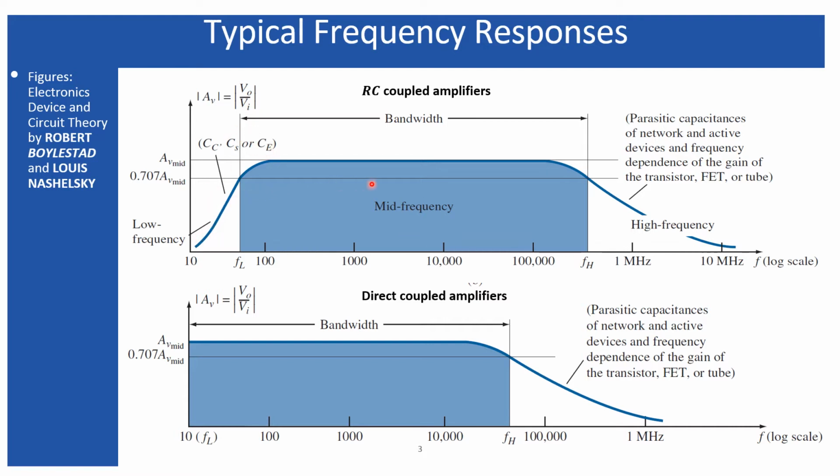For this RC coupled amplifier, we can see there exists a lower cutoff frequency FL, because in my last lecture I told that a band pass response is composed of a high pass response followed by a low pass response. If you divide this response, you can find that the left hand side looks like a high pass type response, whereas the right hand side looks like a low pass type response. So basically you can simplify this band pass response.